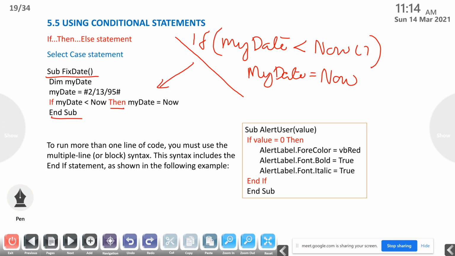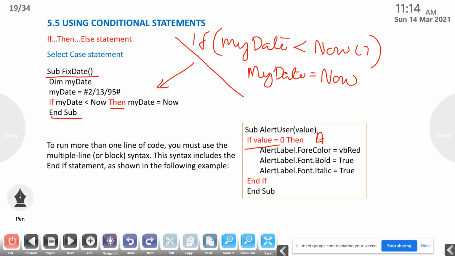To run more than one line of code, you must use the multiple line or block syntax. This syntax includes the End If statement as shown in the following example. If you want to use more than one statement, for example if value equal to 0, then here we are using multiple statements. If only one statement is there, you can write that statement after the Then.